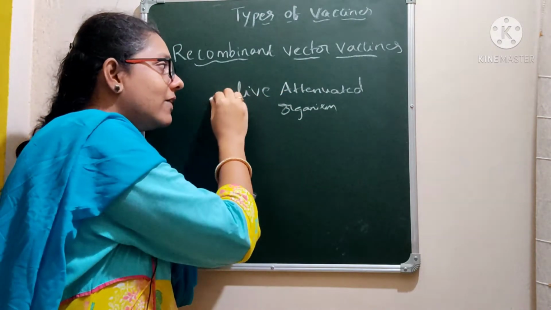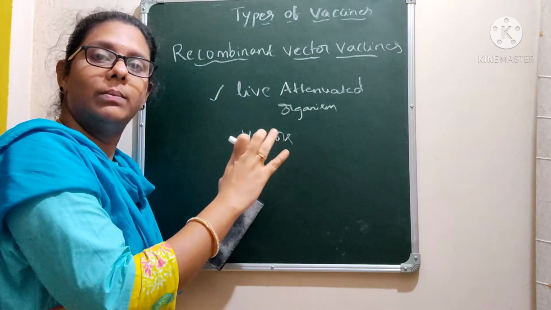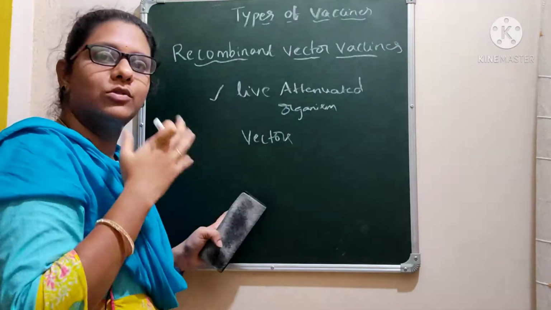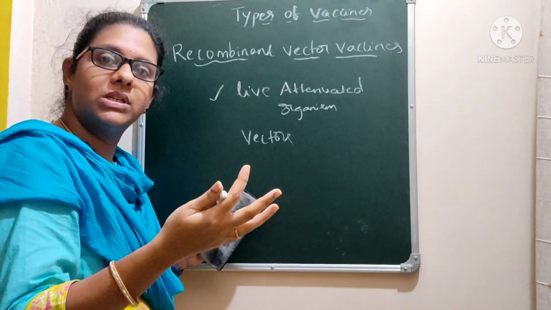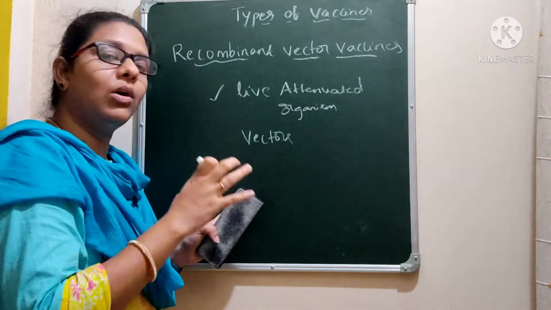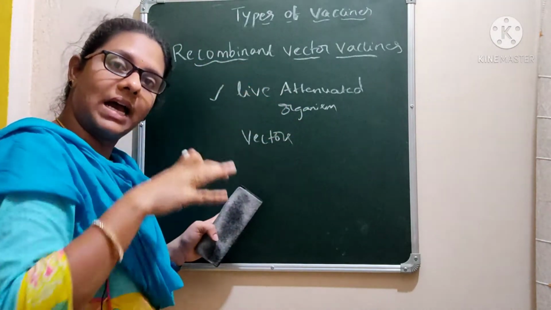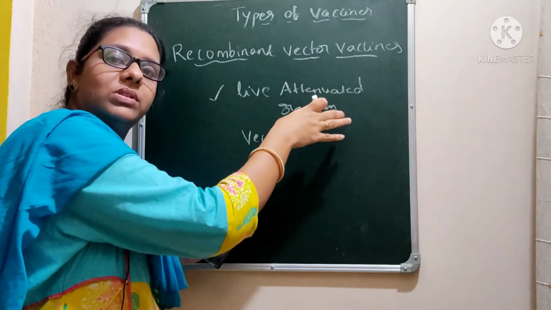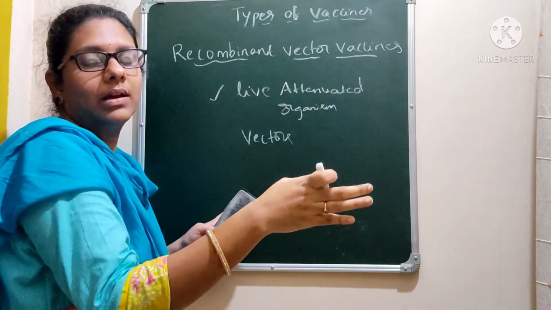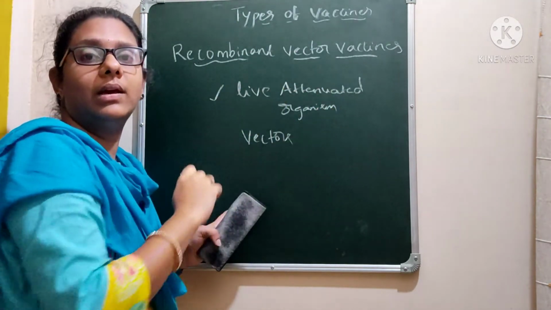Here these live attenuated organisms will act as vectors. We are going to make multiple copies of the gene which expresses the antigen. If we make multiple copies of a gene, when each gene is expressed we get a sufficient quantity of that antigen, right? So in order to make a huge quantity of that antigen, we first isolate the gene, and then it is introduced into a live attenuated organism, whether a bacterium or a virus. Then it is introduced into a host where it undergoes replication.